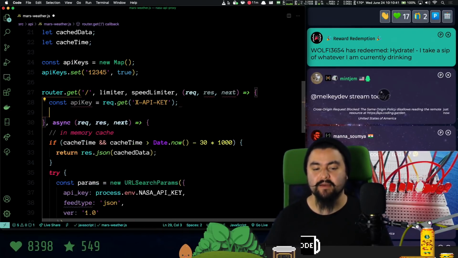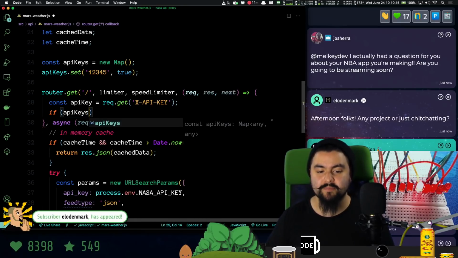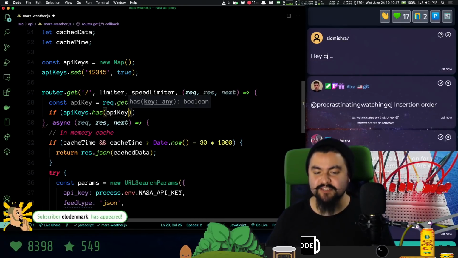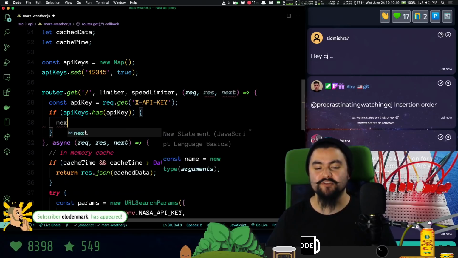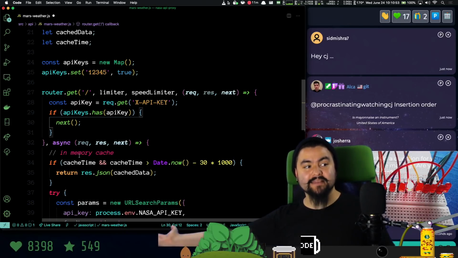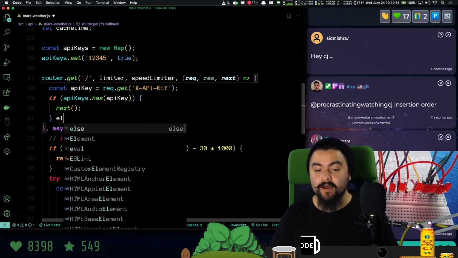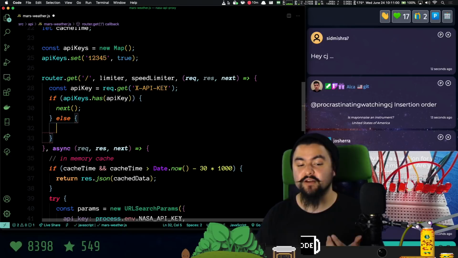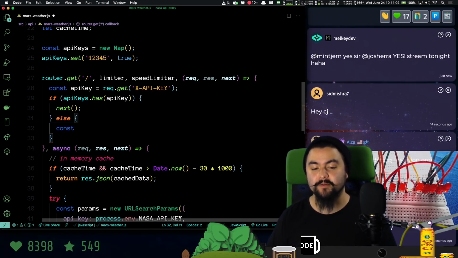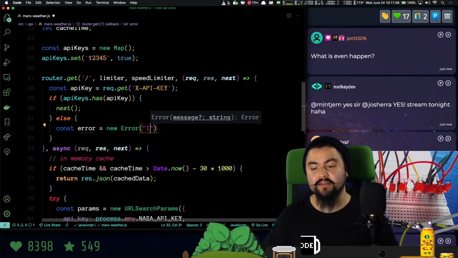So I'm going to say if API keys dot has this particular API key, then we're just going to call next. Then that means everything's good. Go on to the next middleware, which is actually going to make the API request. Otherwise, we're going to throw an error, or we're going to forward an error. So we're going to create a new error, and we'll say invalid